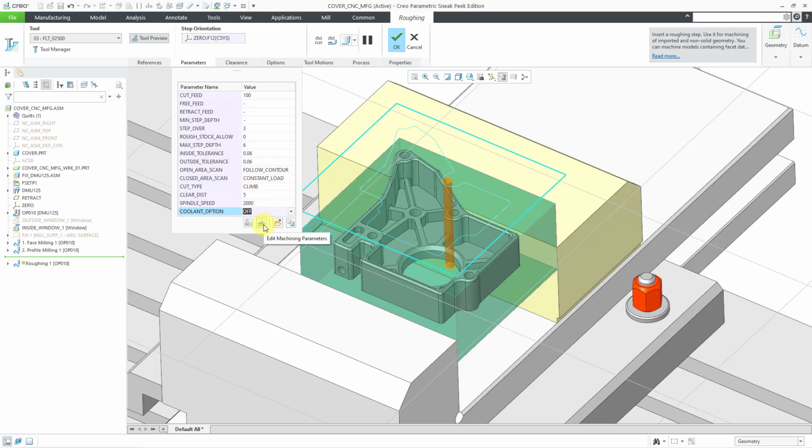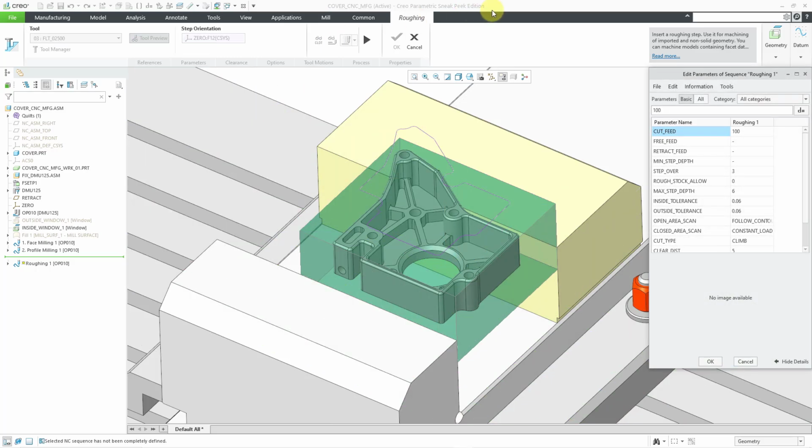As always, you can click on this icon to open up the full parameters. Right now, we're just looking at the basic parameters. There is an all button. And again, you can see that there are just tons and tons of different parameters for getting exactly the toolpath that you want. So let me jump into a slide deck just to go over some of these different